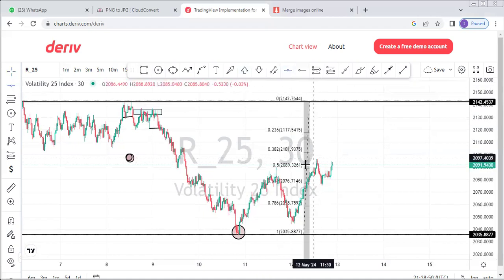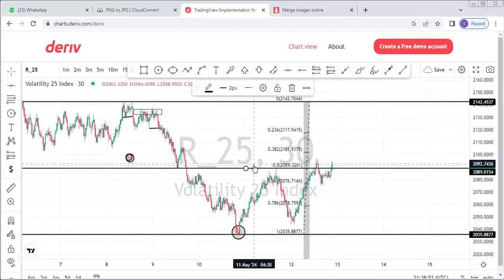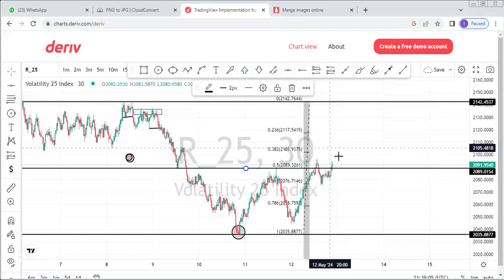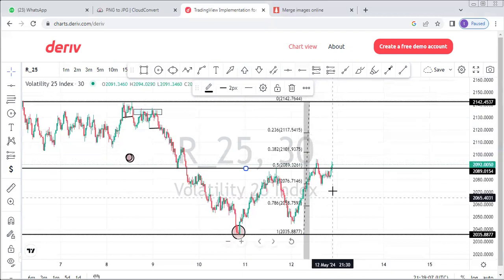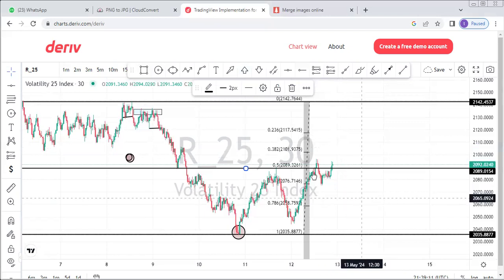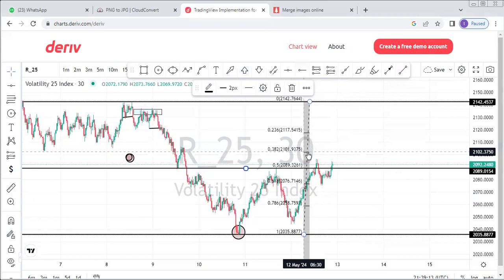So you can see that the market in this circumstance now is at our 50%. It hasn't really mitigated the 38% of the premium, because that is the zone where the market has to pull back to close whatever liquidity is left on the discount, or the equilibrium. So on the 38% that you see, which is the zone on the premium,